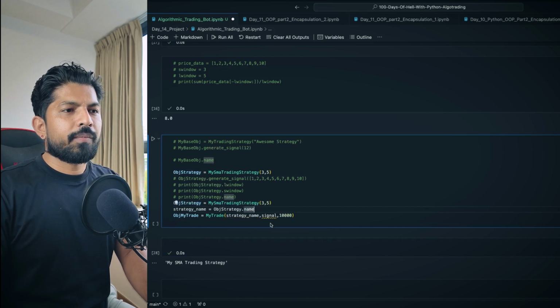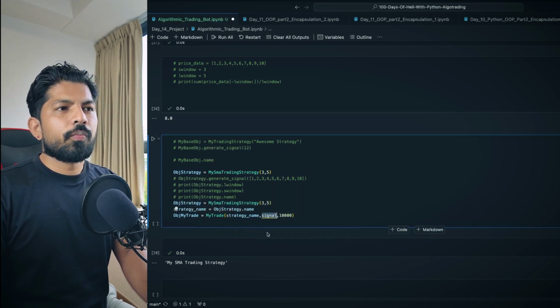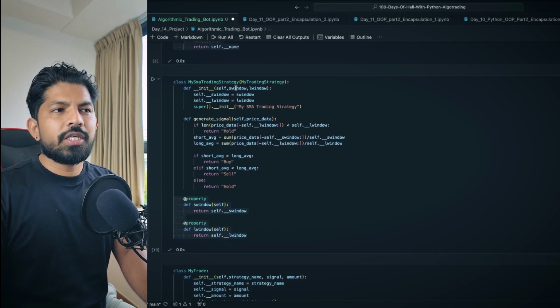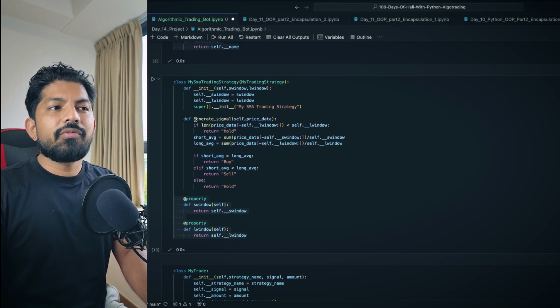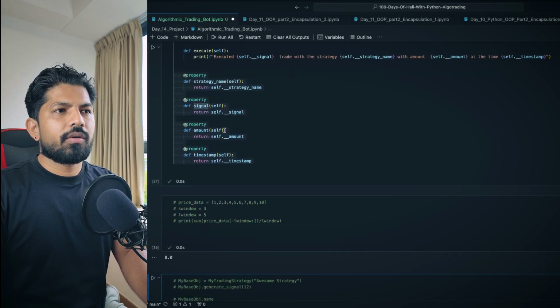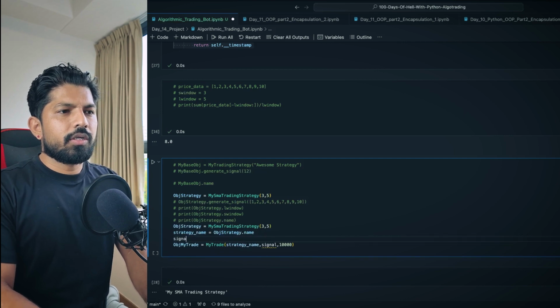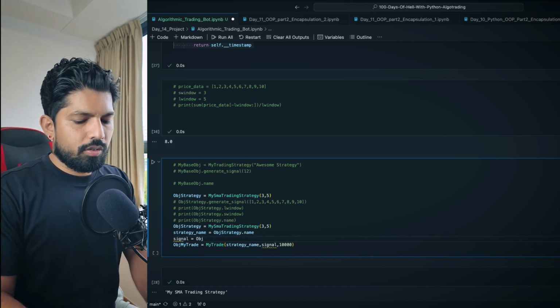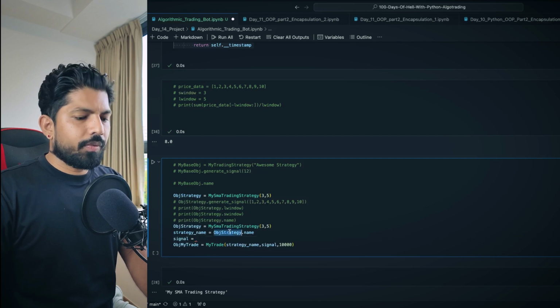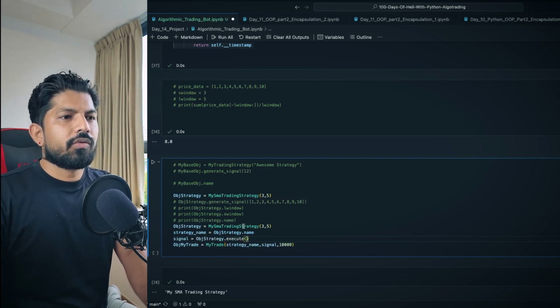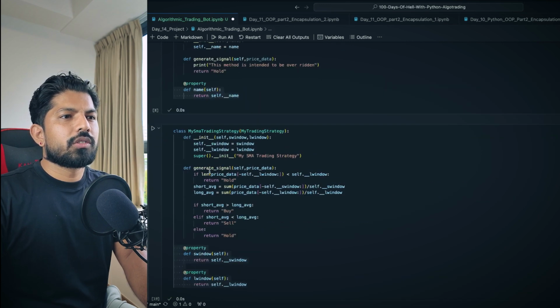Again, for signal, we know that signal exists in this class, the my smart trading strategy, and we have already created the object of this class. So we can use the object name and then call this method here. I'll write signal is equal to obj strategy dot, not execute, actually it's generate signal.